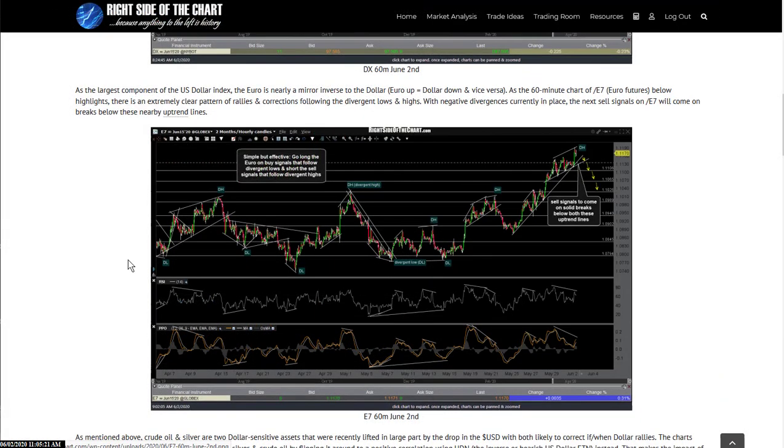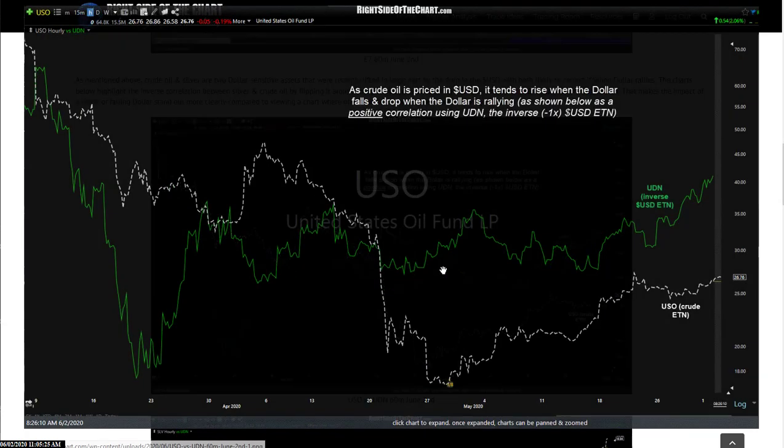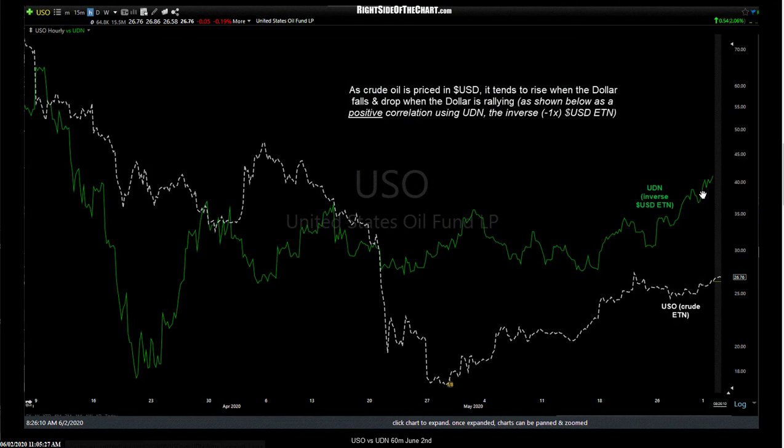So that's it. And I did add, well, there you can see the charts of USO, the unmistakable correlation. I flipped the dollar upside down because it's a lot easier to view a positive correlation. So when we take two assets that are inversely correlated, like the dollar and crude oil, and you flip the dollar upside down, it turns it into a positive correlation and lets you see. And again, the most important thing on this is to